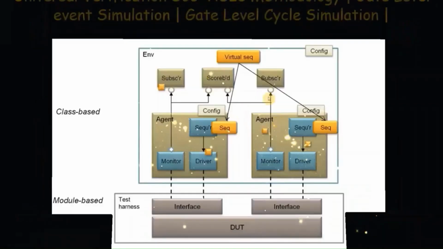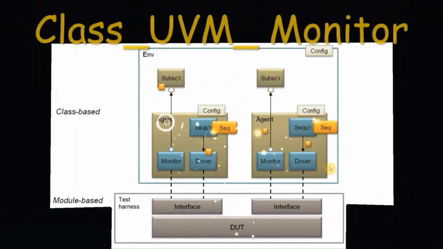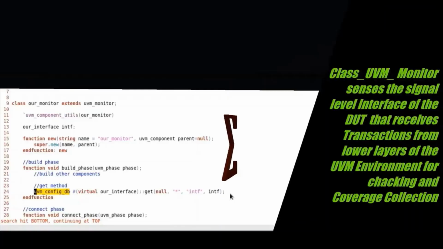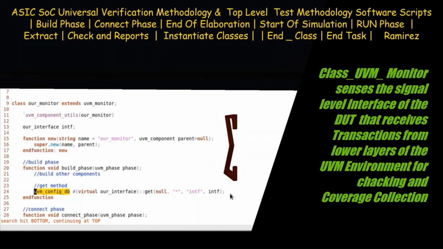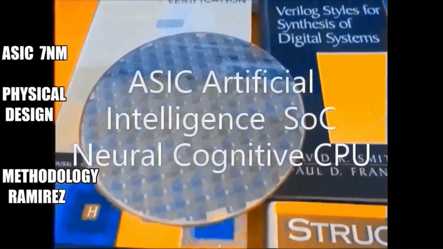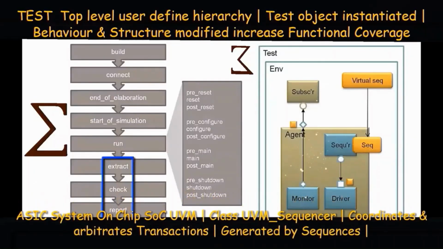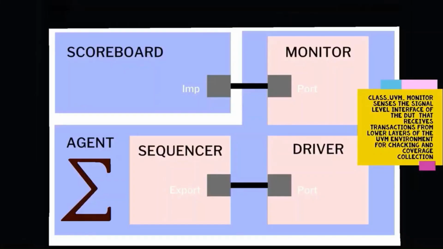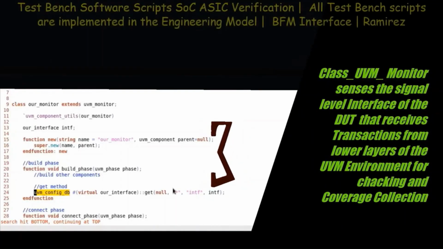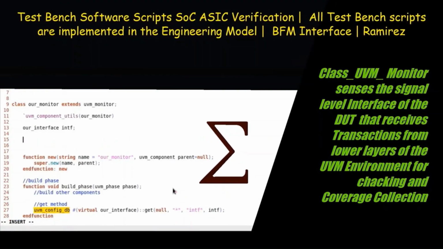The synthesizable test harness contains code to generate the clock and the reset, and the code to instantiate the bus functional models, the BFM, the pin level interface, and the DUT. The untimed test bench instantiates the UVM environment. It is important to note about the untimed test bench